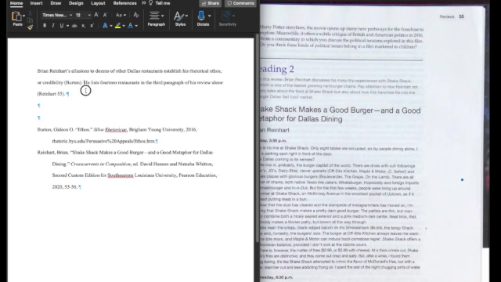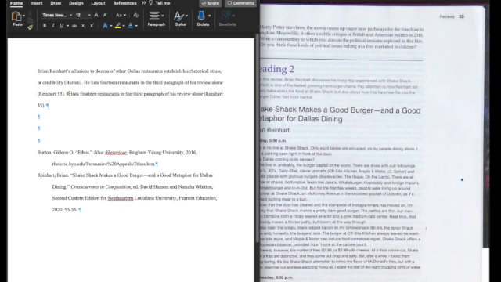So I can either say he lists 14 restaurants in the 3rd paragraph of his review alone and cite it to Reinhardt, or I can say Reinhardt lists 14 restaurants in the 3rd paragraph of his review, in which case I do not need to include his name in the parenthetical citation. In every case, the parenthetical citation, whether it's Burton or Reinhardt, links my reader down to a direct source in my Works Cited page. And whenever my source has page numbers, as right here, I'm going to give the particular page within the source on which the information can be found.